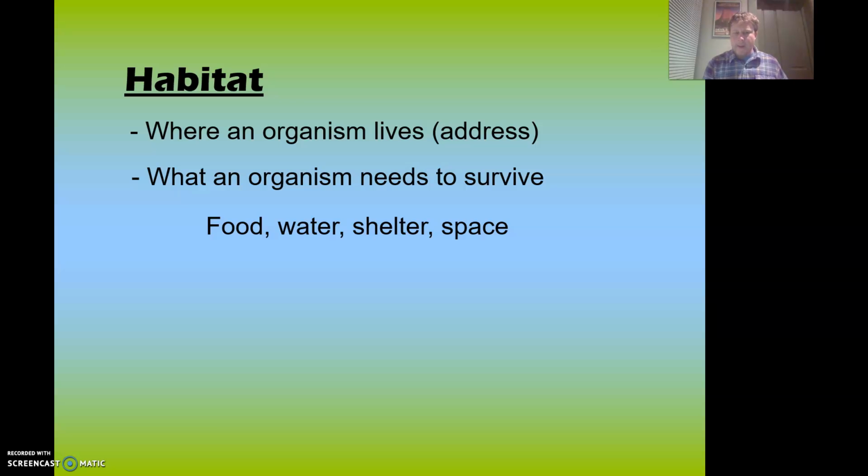A habitat includes the organism's food, the water, shelter, the space. If I were to ask you to make a habitat for a caterpillar, you might put a stick and some leaves and some water into a big enough jar with a lid with holes in it. Well, you've given it food, water, shelter, space, and you've set it up in a good arrangement. That caterpillar doesn't need to leave the container to go get water. It's in the container with it. For an example to think about is